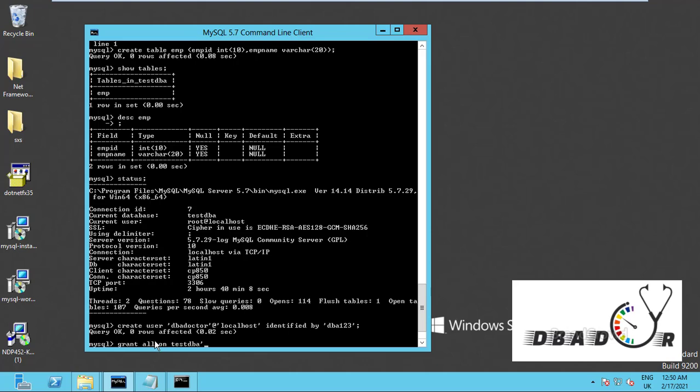Here we are giving full permissions on the database, where we have multiple tables and procedures. If we want to define a specific object, then we can give that particular emp, dot emp, like that, or else we can give a star. Star means all: whatever table, whatever procedure, whatever is present, we have full control on that for dba doctor.